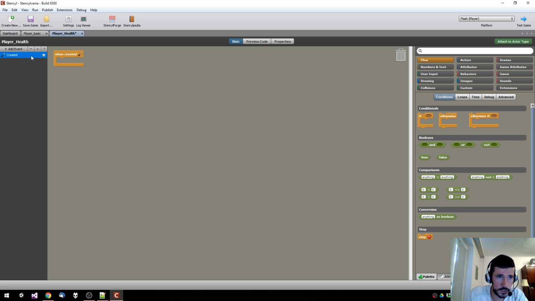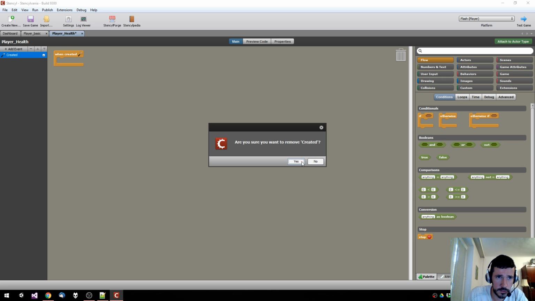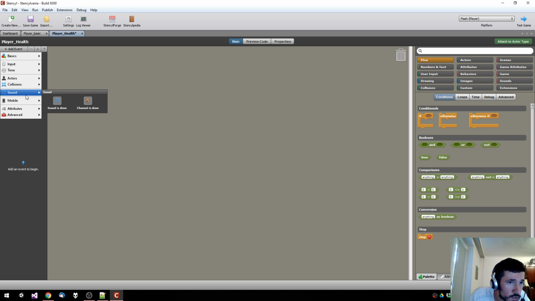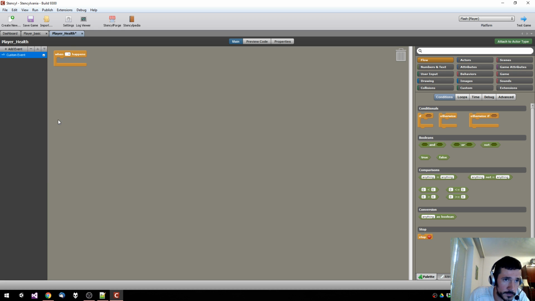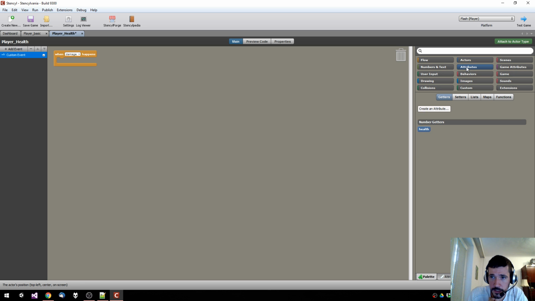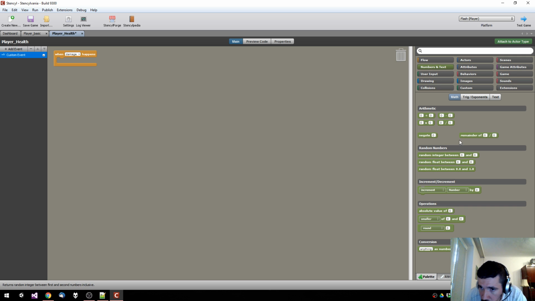I don't really have to do anything when I create the actor, but now we need advanced and custom event, and this will be the damage event. So every time I receive the damage event, I will not set, but I will decrease the health by 1,